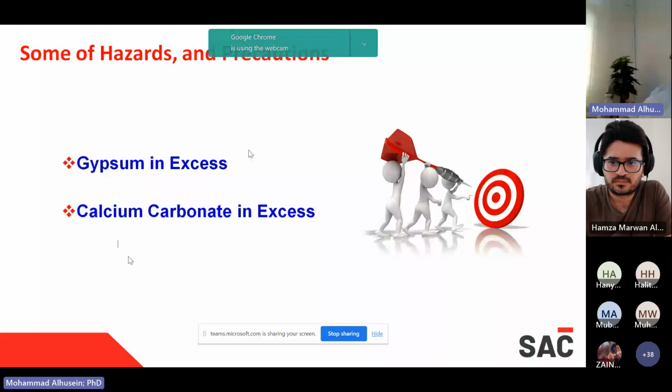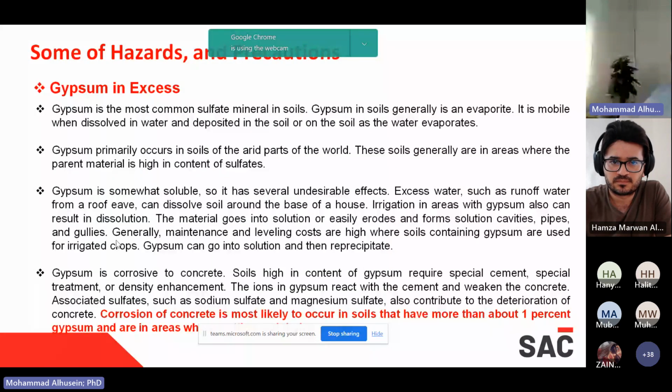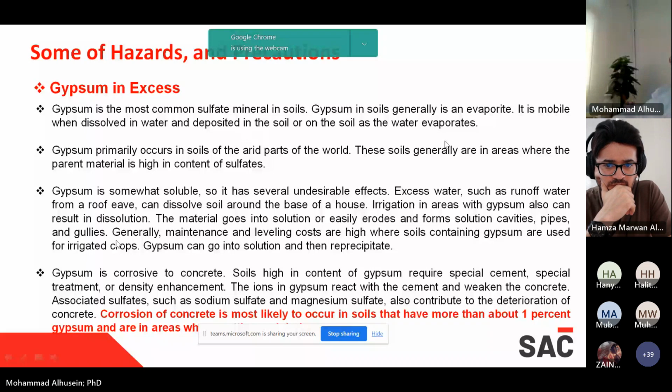Gypsum, as you know, is the most common sulfate mineral in soils. Gypsum in soils is generally an evaporite. It is mobile when dissolved in water and is deposited in or on the soil as the water evaporates. I can give you an example, and I will show you in the case studies, that